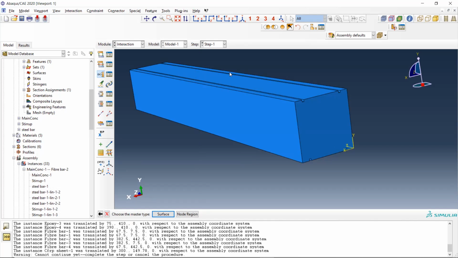Go to display groups. Sir, give me the control. Can you give me the control?